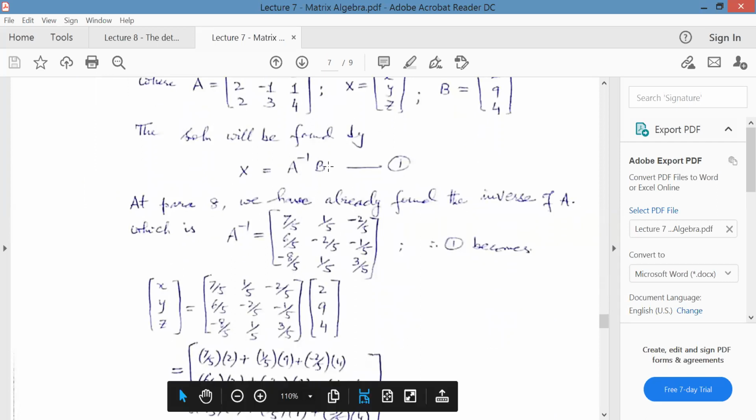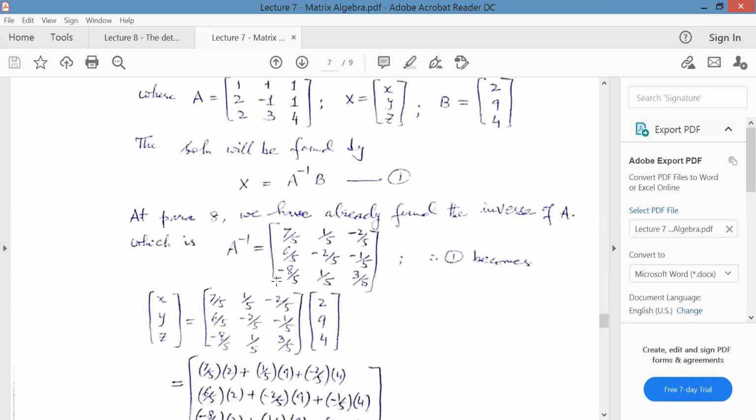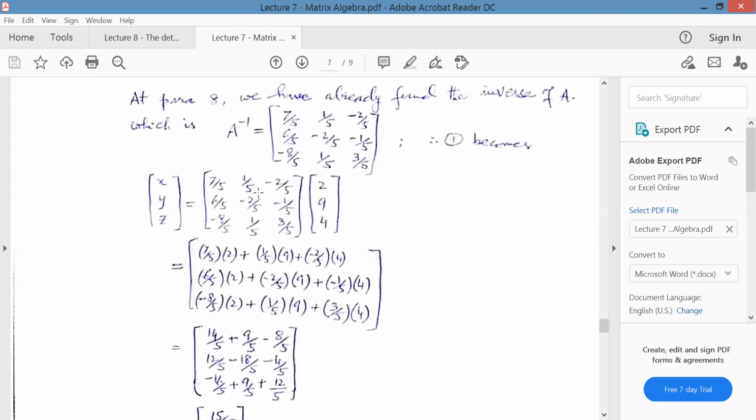A inverse is this, B is your constant, ये आपके सामने 2 9 4. Just multiply this. अब दो मैट्रिक्स को मल्टीप्लाई करना आना चाहिए, फर्स्ट रो को इस कॉलम से मल्टीप्लाई करेंगे, तो 7/5 multiplied with 2 plus 1/5 multiplied with 9 plus -2/5 into 4. Similarly second row with this column, then third row with this column, तो सारा लिखा, फिर इसको मल्टीप्लाई करके 14/5 हो जाएगा, 9/5 हो जाएगा, ये हो जाएगा -8/5। ओके,